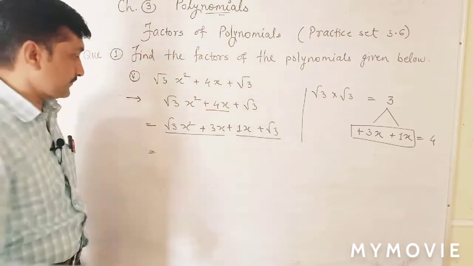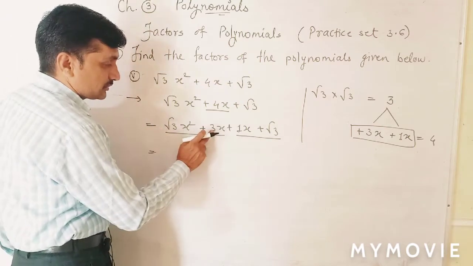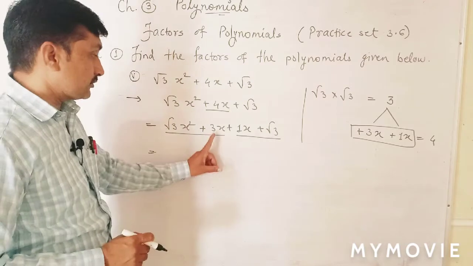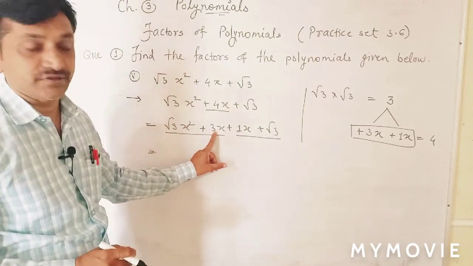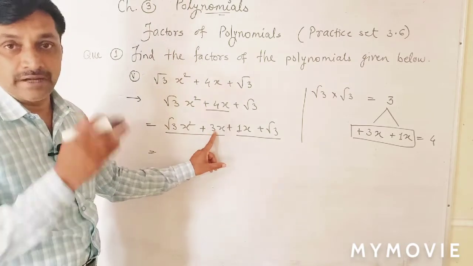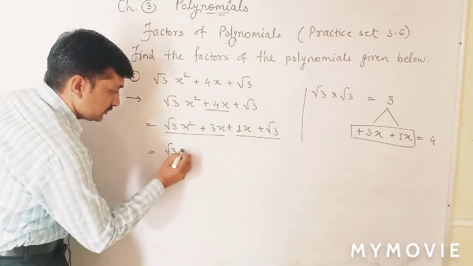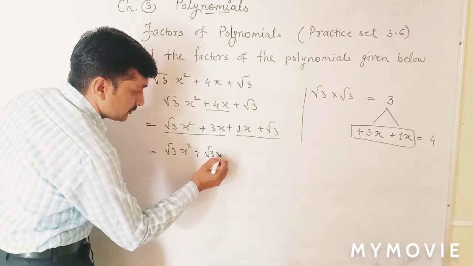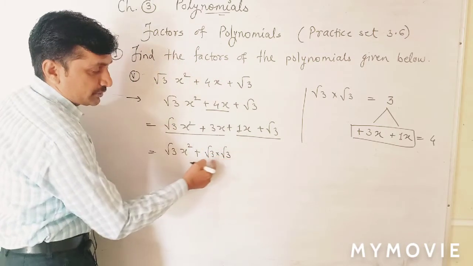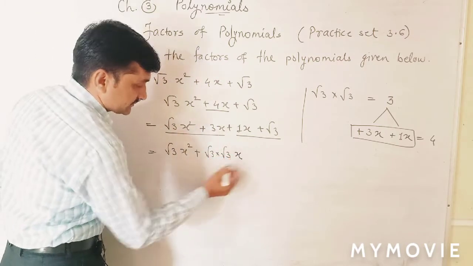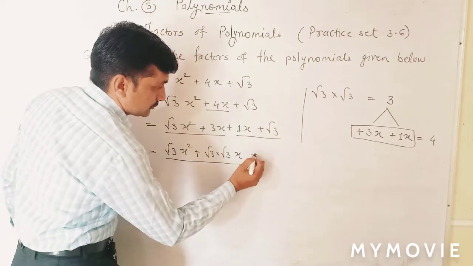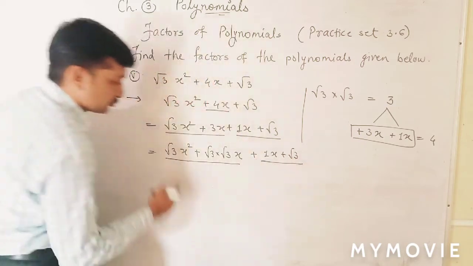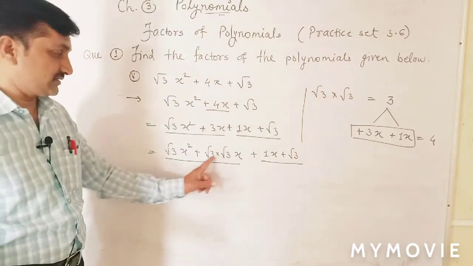After grouping, common. Now here is square root of 3, here is 3. This is irrational, this is rational. Then how to take common? Then write the factors of this in terms of irrational. Then we can take common. Square root of 3 x square plus, now I write the factors of this, square root of 3 multiplied by square root of 3. Square root of 3 into square root of 3 is 3. x, first group, plus 1x plus square root of 3, second. Means one step is extra here for this.